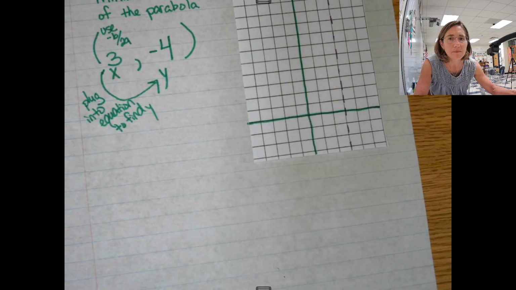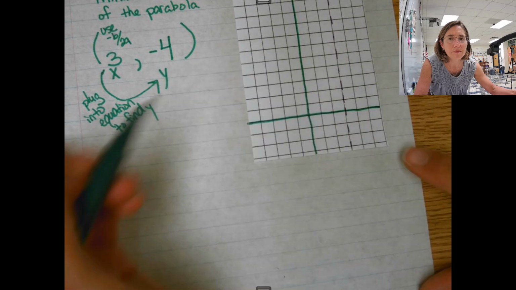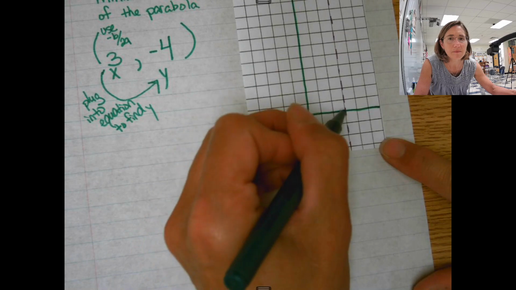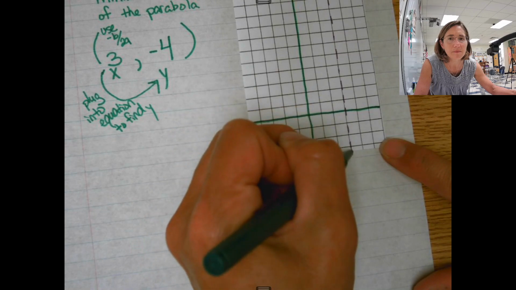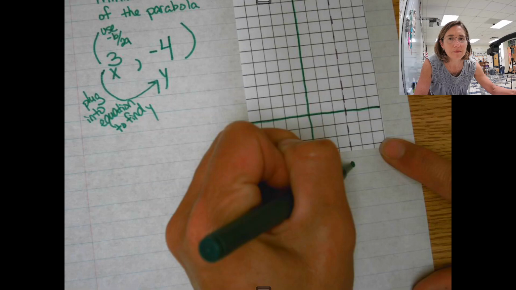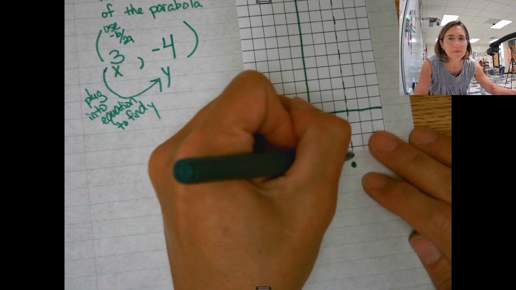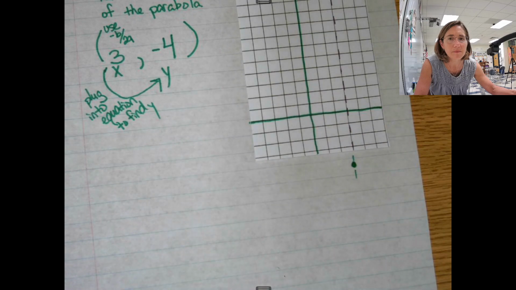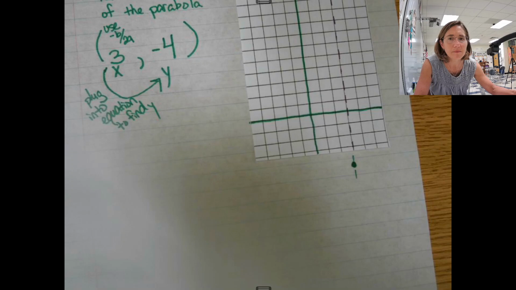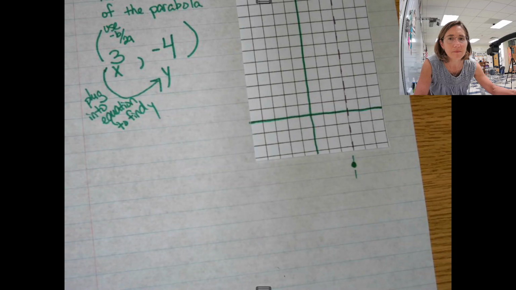So now I need to graph that. Oh, and it looks like I didn't make my graph quite big enough. It's okay though. So I'm going to go 1, 2, 3 over, and then 1, 2, 3, 4 down. So I'm just a little bit off my page. It's fine. So that gives me the vertex. I know it's on that purple line, just a little bit below since I ran out of space. No big deal. And this is going to have a shape like this,